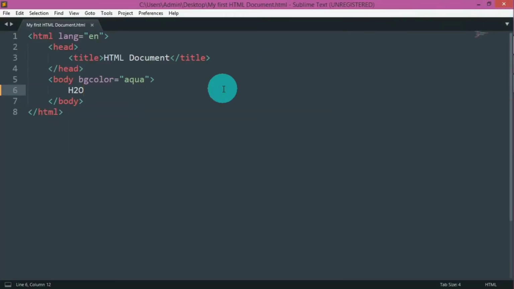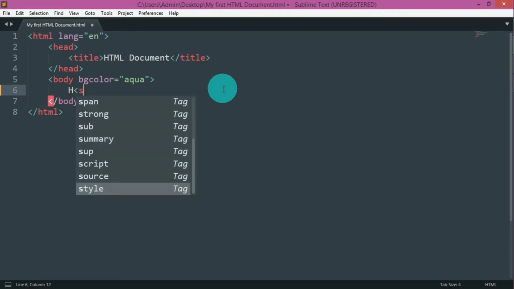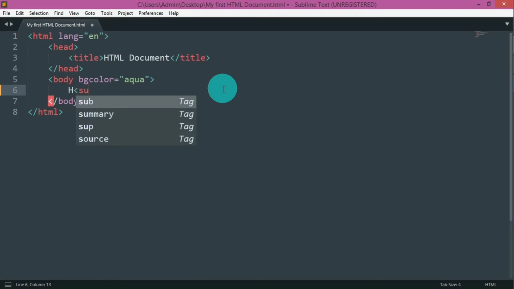So for adding a subscript, we use the SUB tag. Remember it is SUB tag. So let's remove H2O and then let's just type H and then we have to add a subscript here. So let me open the SUB tag and let me close it also. The closing tag is already appeared and between the subscript tags let me write 2 because only 2 should be subscripted. Now let me write everything in this and let's see what will happen.